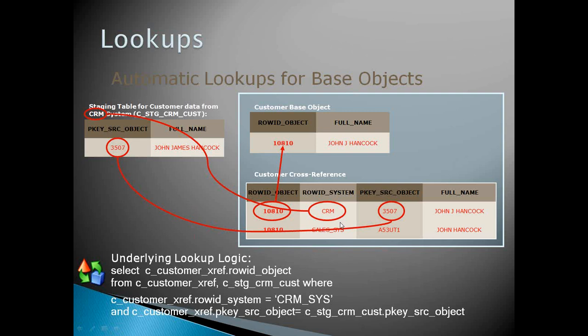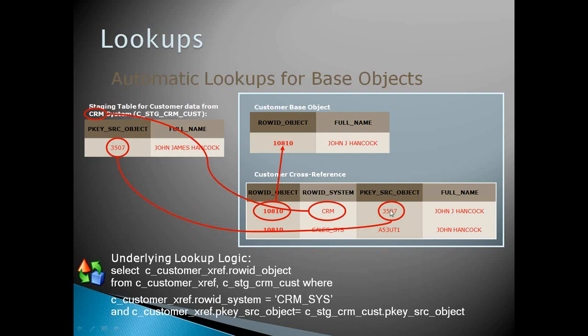Later on, when I run the match process, the match process says that both are duplicate records and they should be merged into each other. So I merged both of them. When I merge two or more records, only one record will be surviving in my base object. But in the cross reference, I will have all the records. Cross reference keeps all the records. So now, suppose I have loaded two records and merged both of them. In my base object, I have only one, and in my cross reference, I have two records.